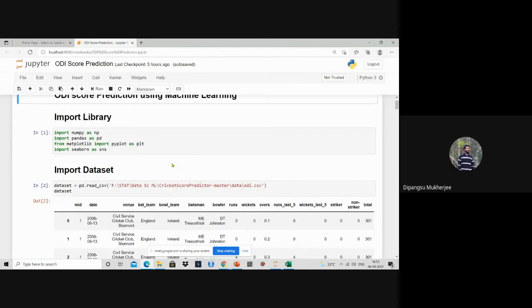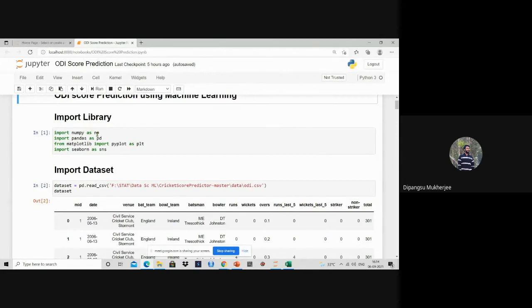So first of all, we will import our libraries: NumPy, Pandas, Matplotlib, and Seaborn. So we have written import NumPy as np, import Pandas as pd, from Matplotlib import pyplot as plt, and import Seaborn as sns.